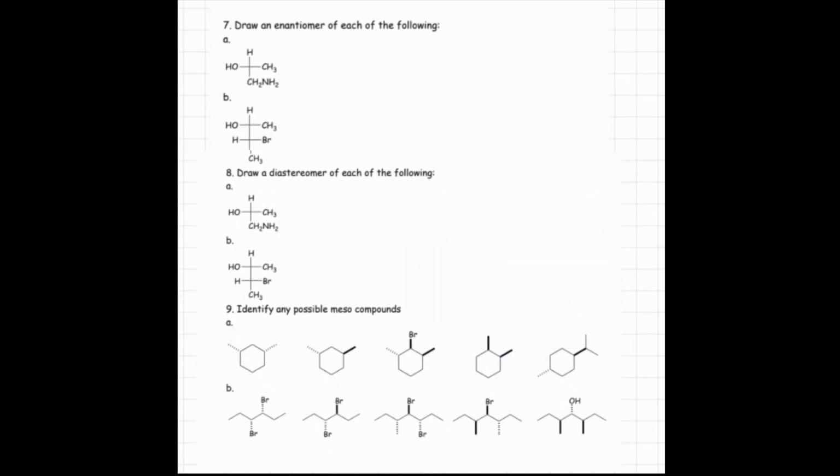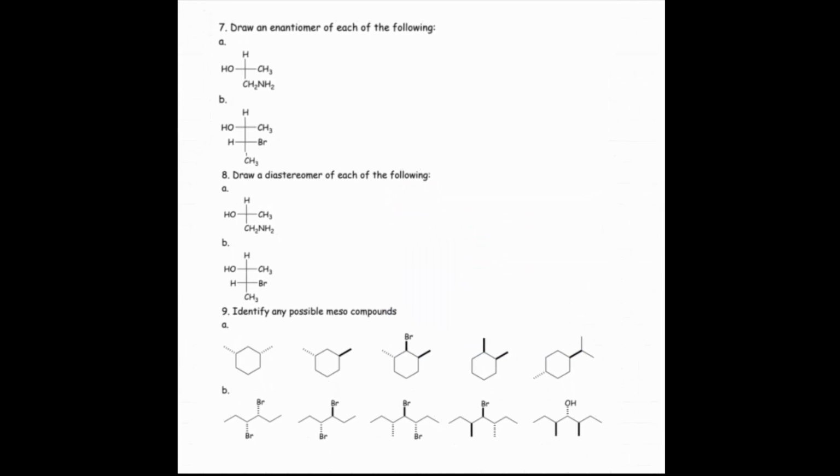Number 7, draw an enantiomer of each of the following. In order to draw an enantiomer, what we're doing is we are changing the order of the rotation around the asymmetric center. So I'm going to do CH3 here and OH here, and that's an enantiomer of A. So for B, I'm just going to draw the mirror image,